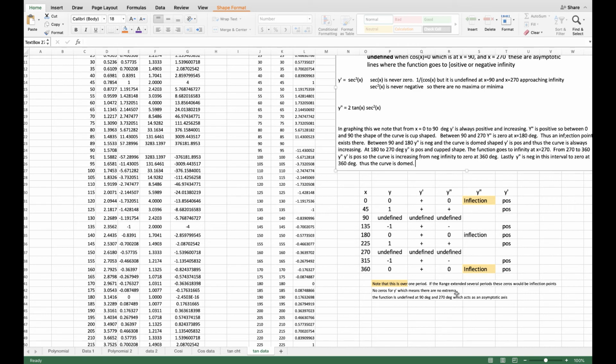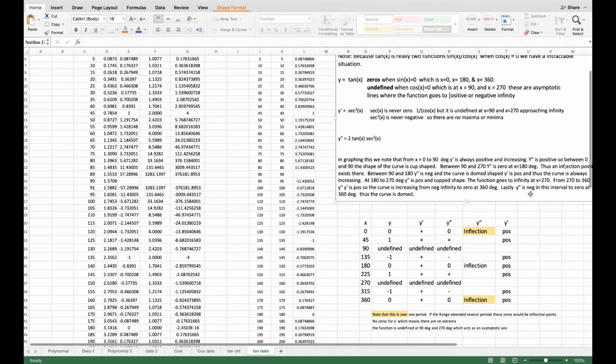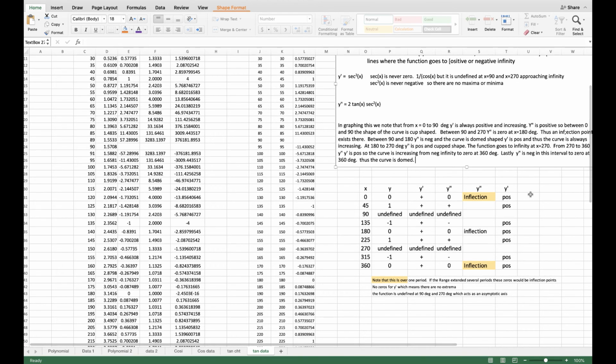And at those two breaks where the cosine function is not defined, you'll see that they go either to negative infinity or positive infinity. There's no maximum to this function. There are no extrema. But we can